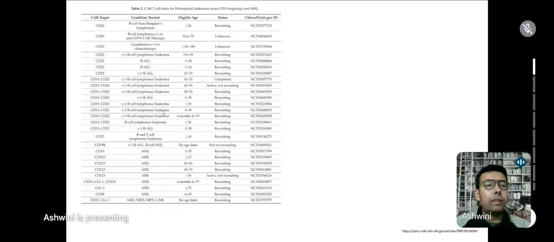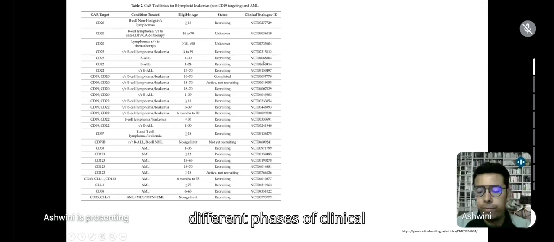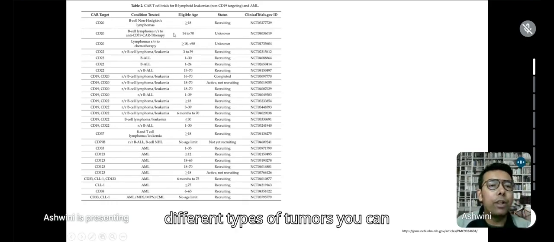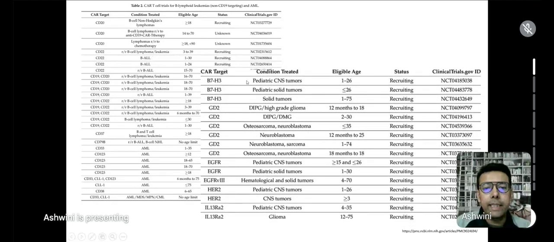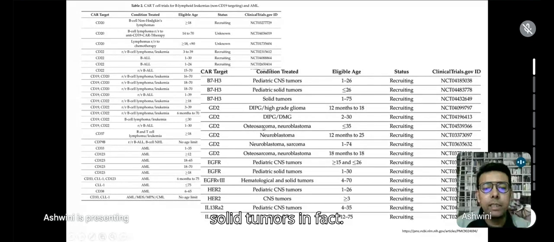Okay. Now, these are some of the CAR T cell therapies which are currently in different phases of clinical trials, and these are for different types of tumors. You can see the second picture is for CAR T cell therapies in clinical trial for different solid tumors. In fact,